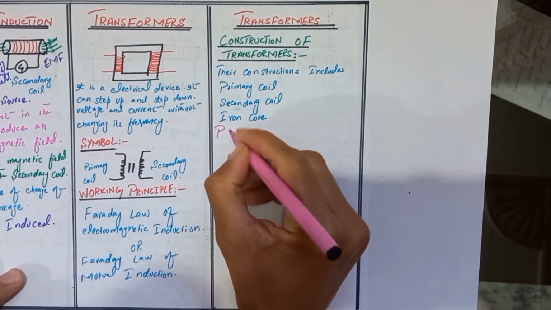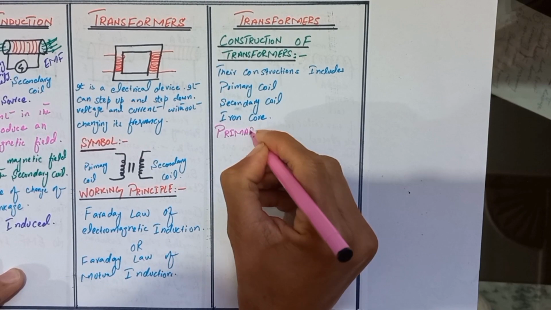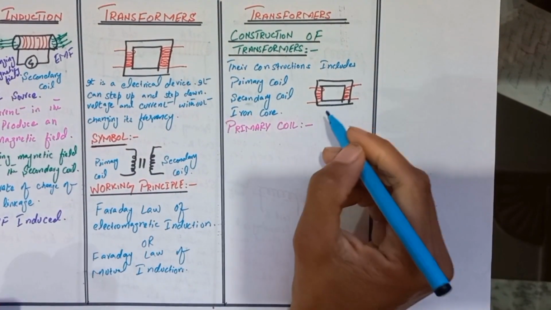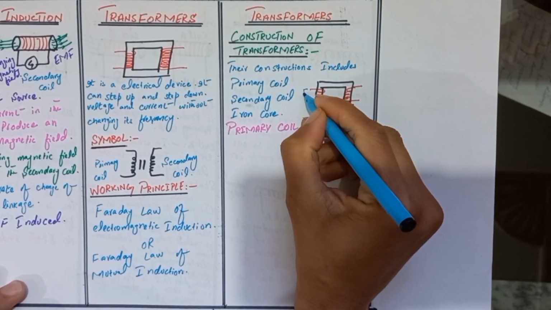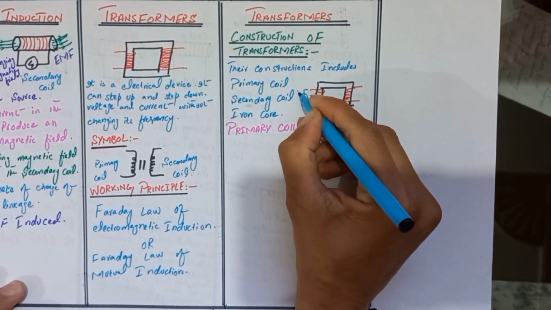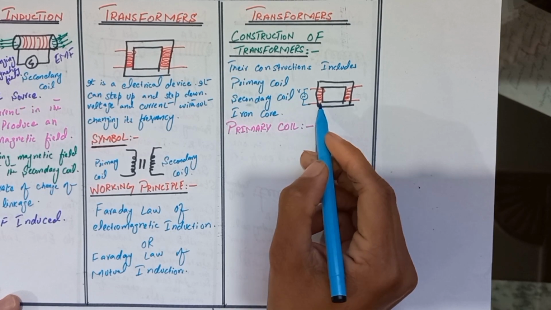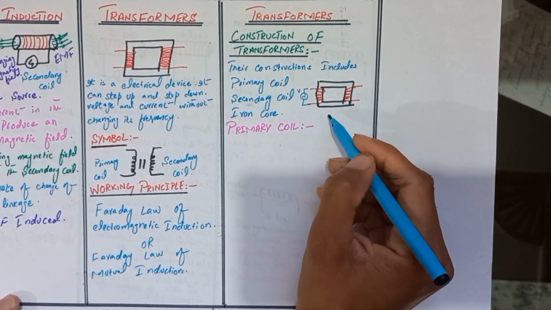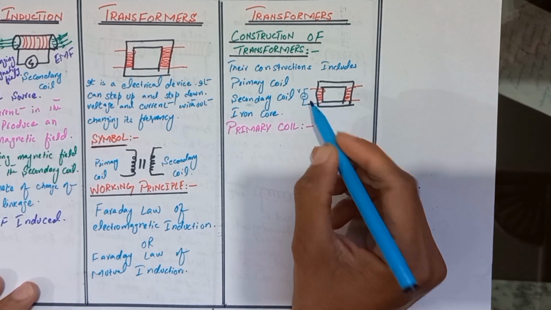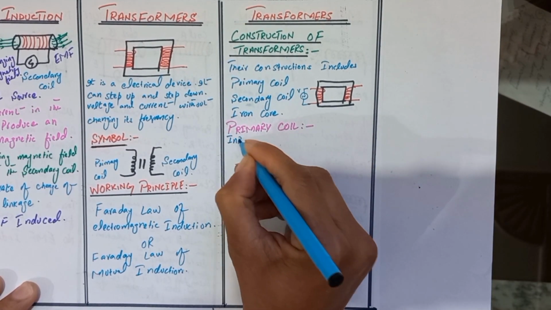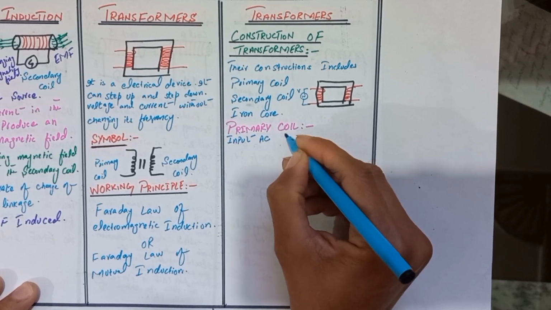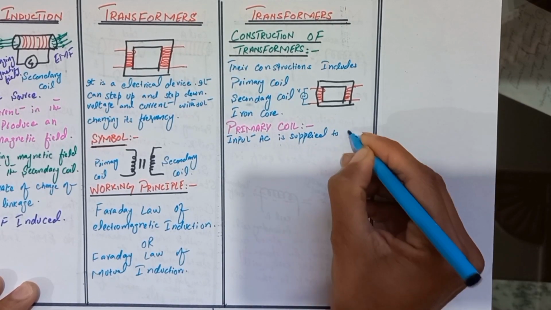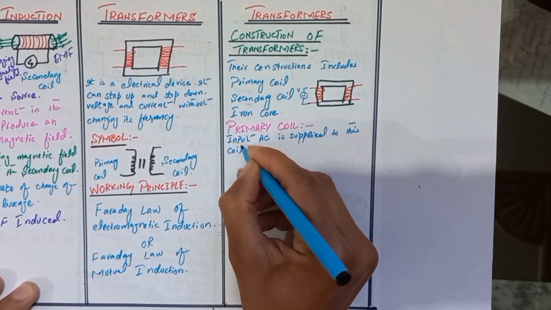First, we discuss the primary coil, where we connect the alternating voltage source. This alternating voltage source produces a current in this coil, which produces an EMF which is also alternating when the voltage is alternating. So here we write: input AC is supplied to this coil